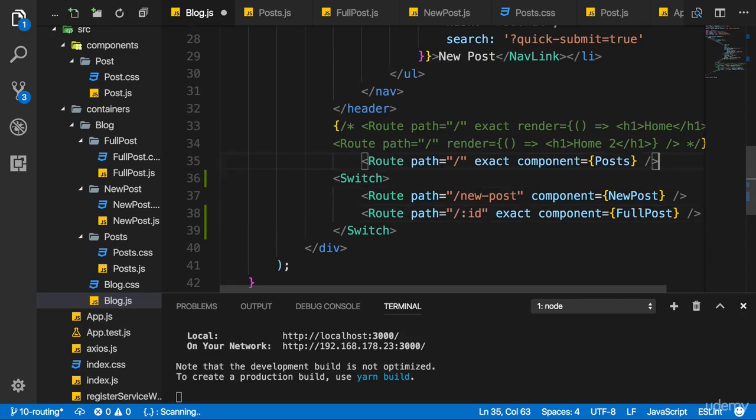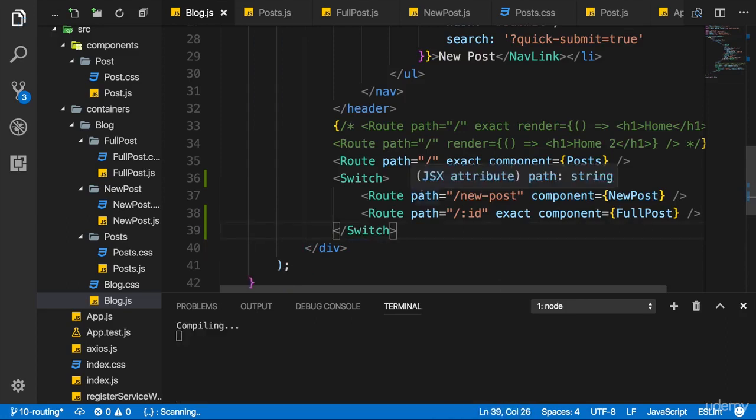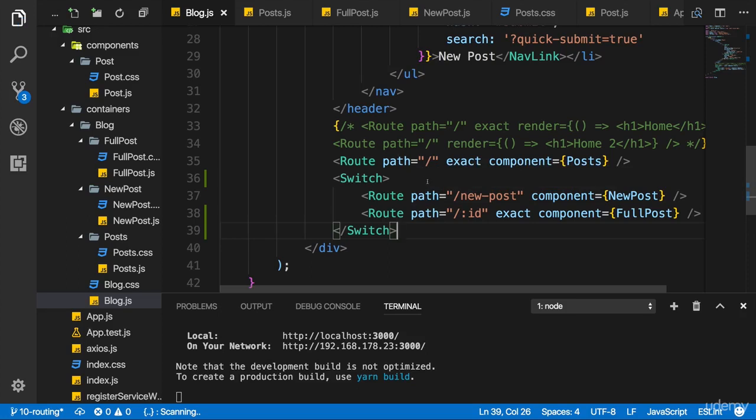And of course you can also mix it. You can put one route outside of switch, so this will always get analyzed at least and potentially also rendered if it fits. And then one of the following, and then maybe add one more thereafter. So you can really mix and match this as you want. That's the cool thing about the router, it's really flexible. So this is one potential setup where we can use the URLs we want to use and still ensure that we only load one route at a time.